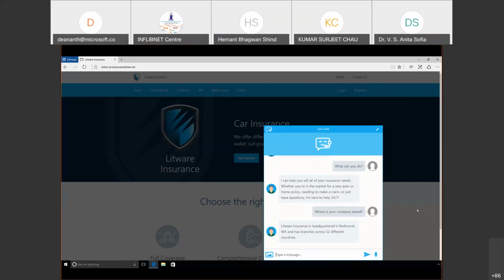Can you all see my screen? Can somebody confirm? I'm assuming you can see my screen and hear my voice. Sorry to interrupt you, Deepthi. Yes, everybody is able to see your screen and hear your voice.